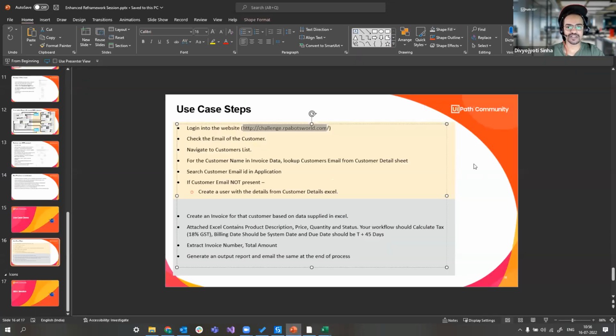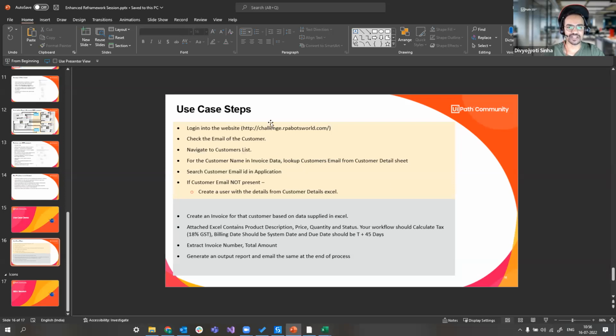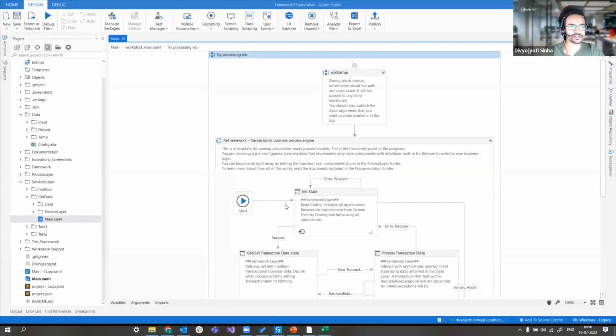So this is the use case. And how we have split the use case is the customer onboarding part is going to be our task one, and the invoice creation part, we are going to store it in task two, right? And this is how we are going to design the framework. And I have already created all this designing part. I will just walk through each of the changes that I have made once I have invoked this, right? So as you can see over here